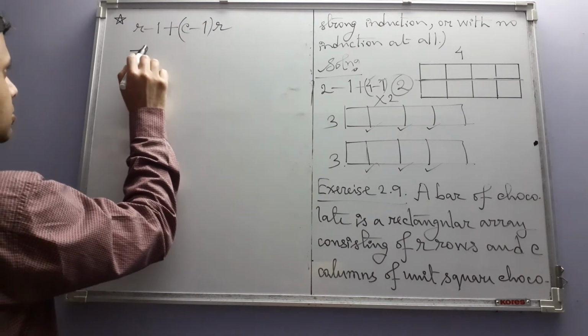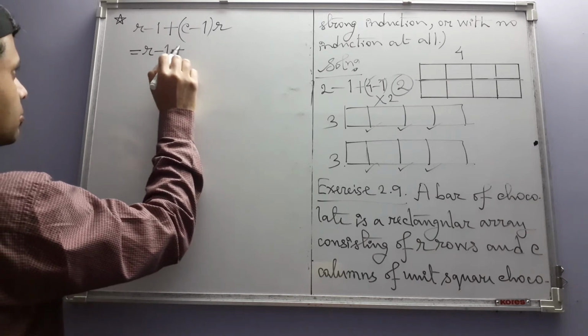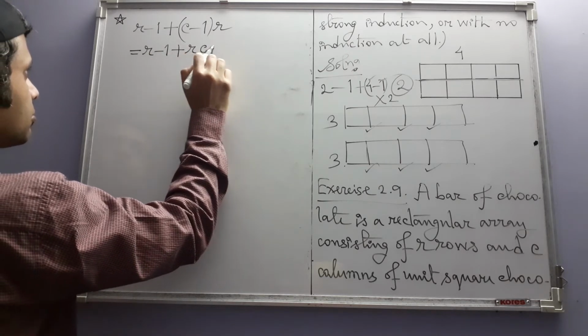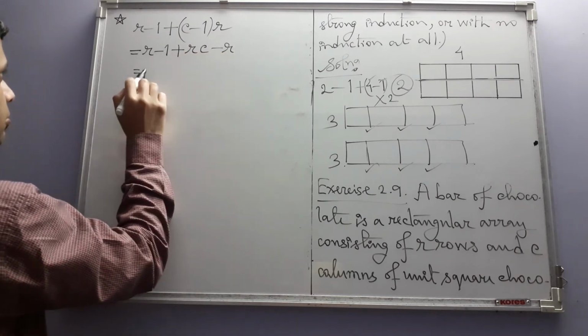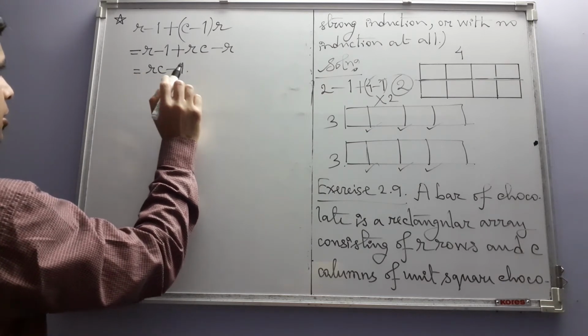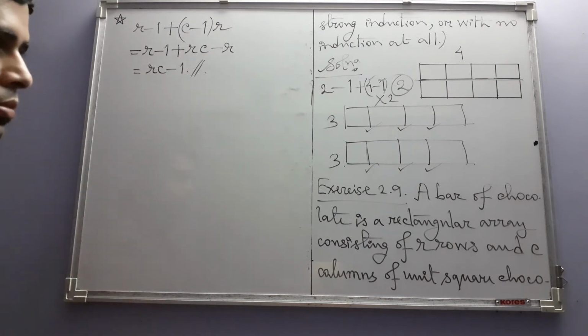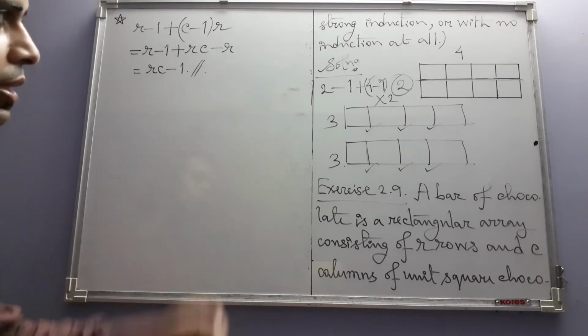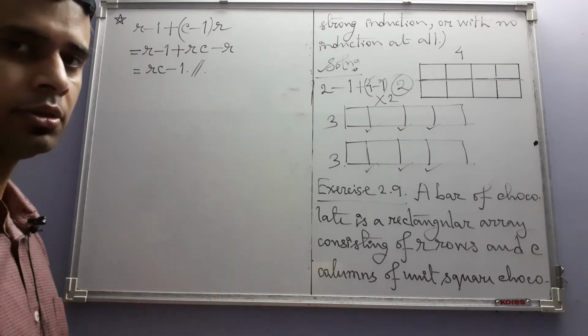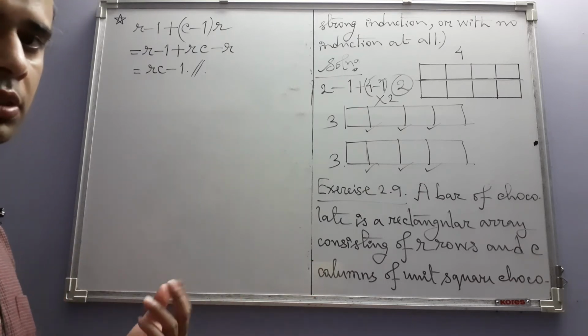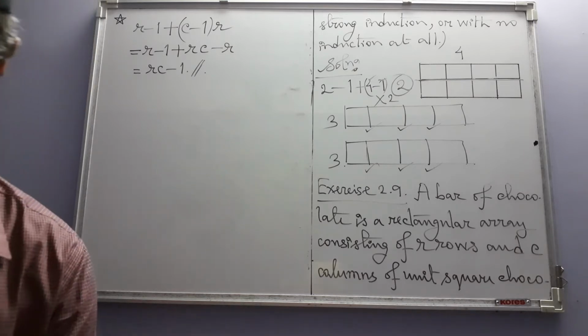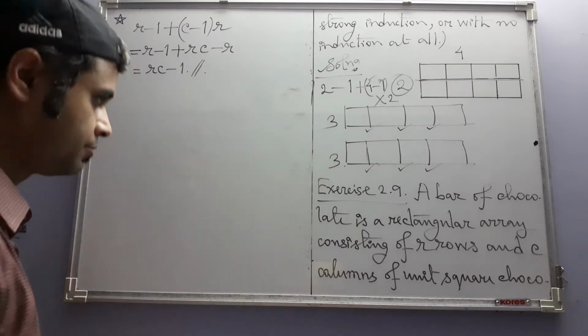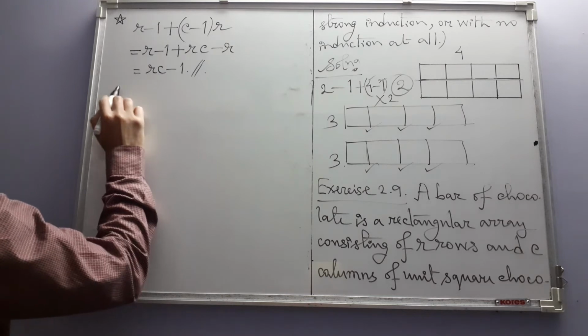And this is equal to RC minus 1. Okay, so you need to perform that many actions in order to break this into RC number of unit square chocolate pieces. And finally,